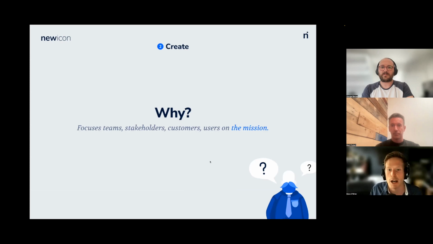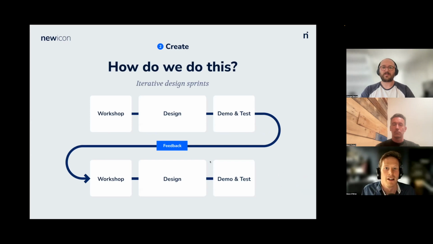So I don't know, if it was Airbnb, it might be, this is how you find a place to stay and book it. If it was Uber, it might be, okay, this is how you book a journey. You drop in, you say, I want a taxi, and you see it come. And you wouldn't necessarily build out how you do the billing, or how you put the information, or how you set up an account, or anything like that. And we do this and essentially this is a standard sprint.